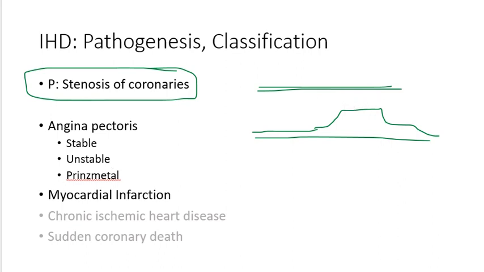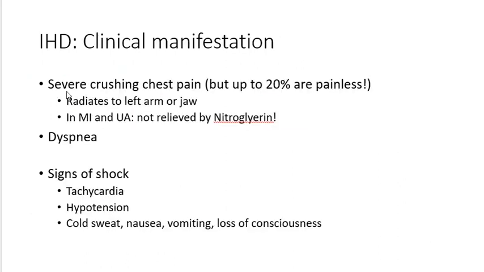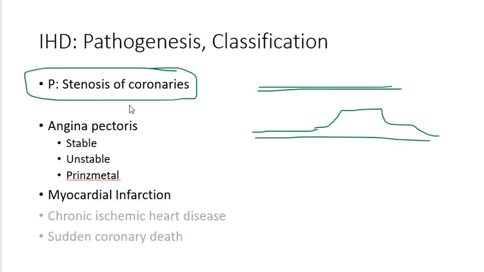The clinical manifestation is a severe crushing pain. That is literally angina pectoris. It typically radiates to the left arm or the jaw, and I just wanted to mention that point. So this is what angina pectoris is. There are different forms of angina pectoris. A stable angina pectoris is one where, if you take a certain drug called nitroglycerin,